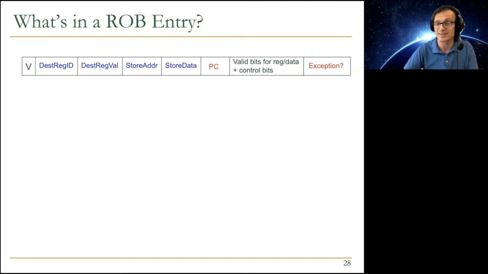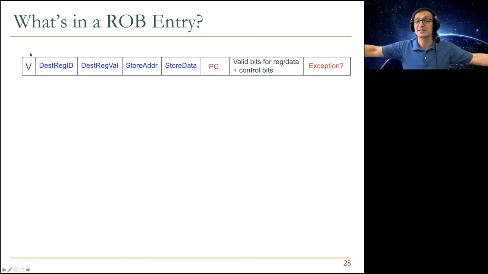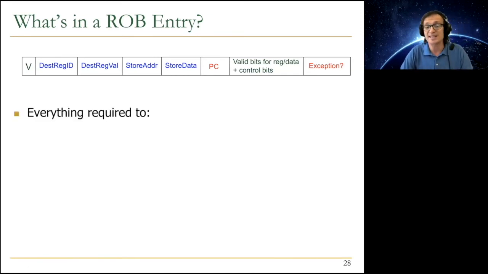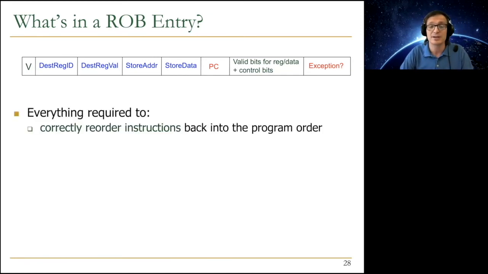You handle the exceptions at that point in time. And you also need to have some valid bits to make sure that the destination register is actually finished or written into by the instruction. Right? And then you also need to have a valid bit for the reorder buffer entry itself, right? Because you may not have allocated the reorder buffer entry. Right? So basically, you need to have everything that is required to correctly reorder the instructions back into the program